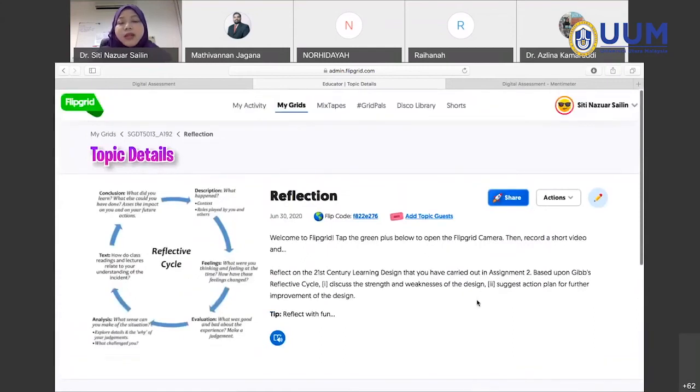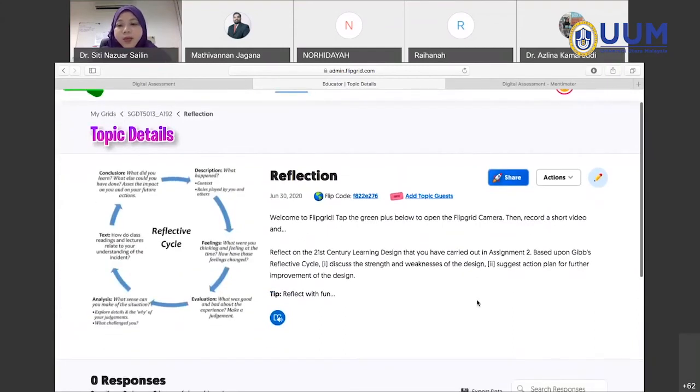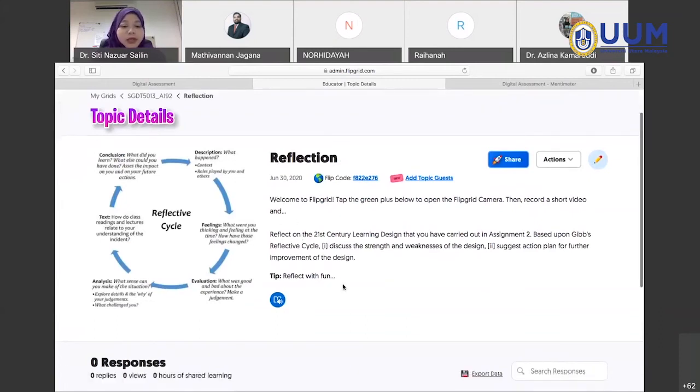Okay, so this is the view when we have done creating the assessment task. We have the topic of the task, reflection, and then we have the assessment task descriptions on what they have to do. Okay, and then the tips, if you like, and we have insert focus media here,